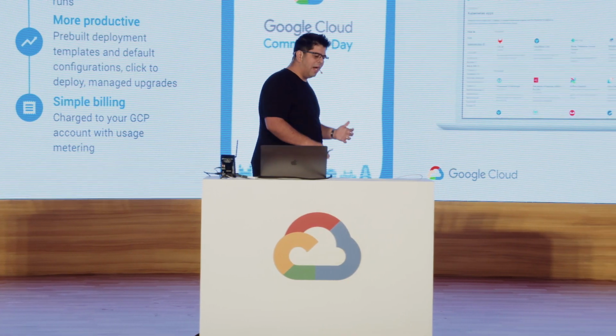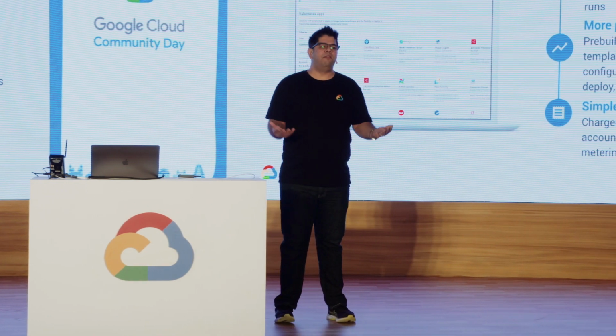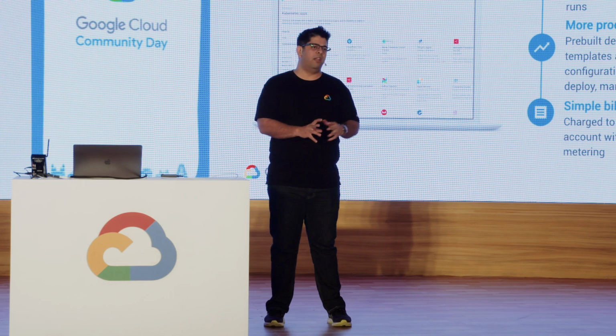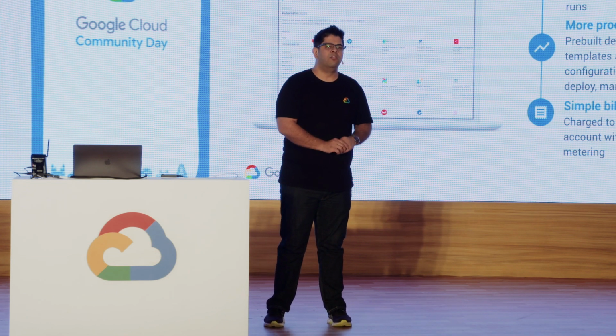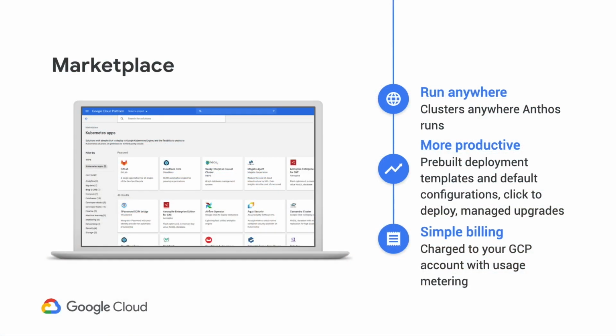And finally, we have the marketplace. Because ultimately, there are times when we don't need to build everything ourselves. You may just say, hey, you know what? I have a specific job to do, and Redis does a fantastic job of that. So I just want to deploy Redis on my Kubernetes clusters. So we have this GCP marketplace where we've worked with a whole bunch of third-party vendors to certify software running on GCP. And you can deploy those applications on your Kubernetes clusters. And thanks to Anthos, those clusters could be on-prem or they could be in the cloud.